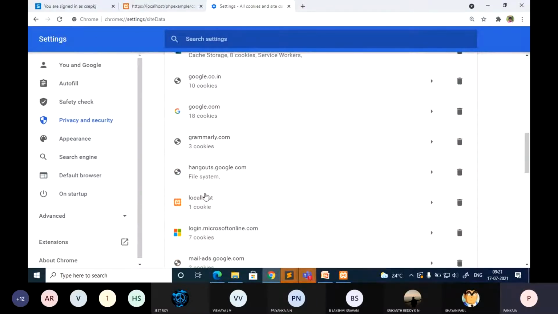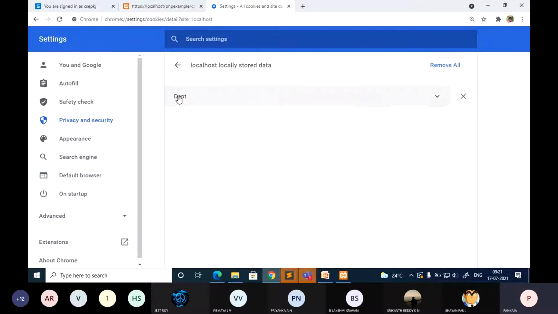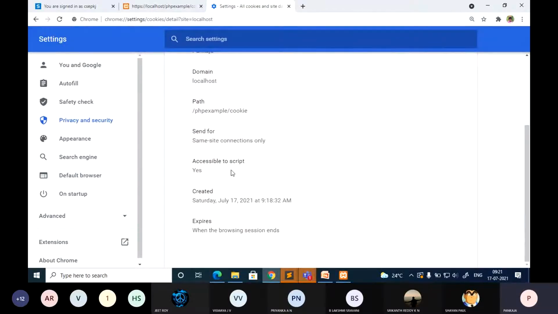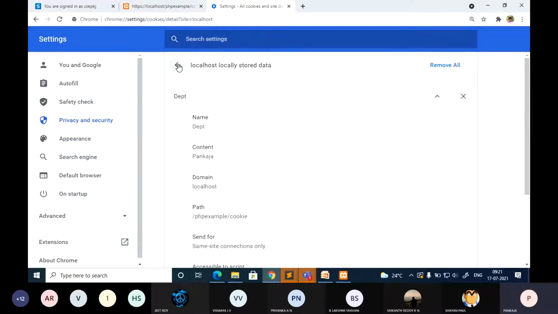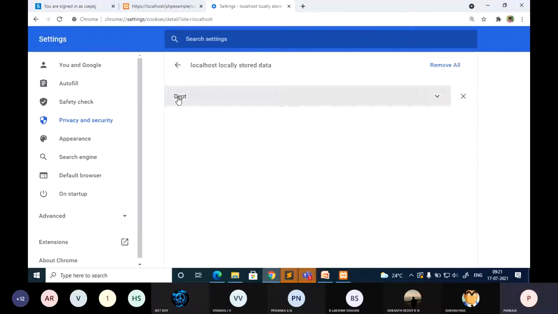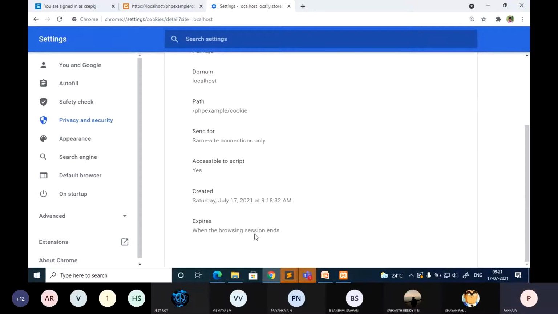Okay, you can just see, it is available. The details, if you want to know, you can just click on this. You can get the complete details of cookies. So now what we'll do is, I told how long this cookie is going to exist. According to this program, whatever I have coded, it is going to live only as long as this session is there, that is, as long as this browser is opened.